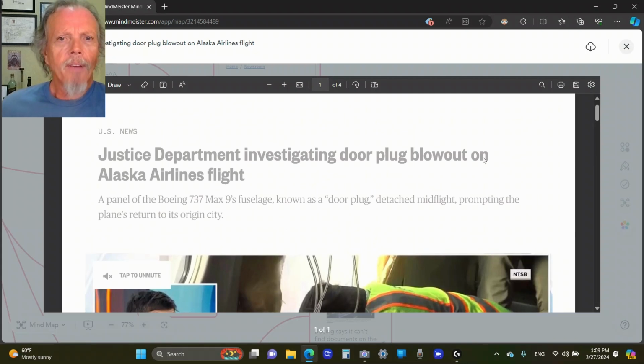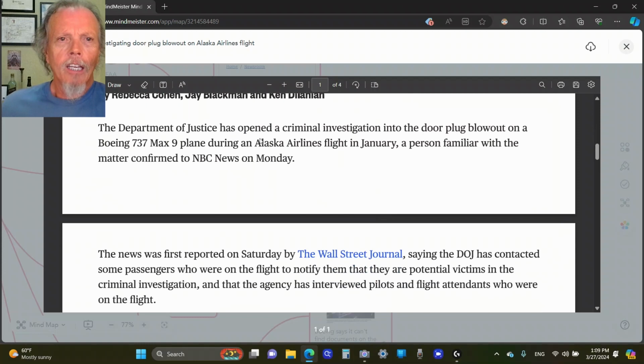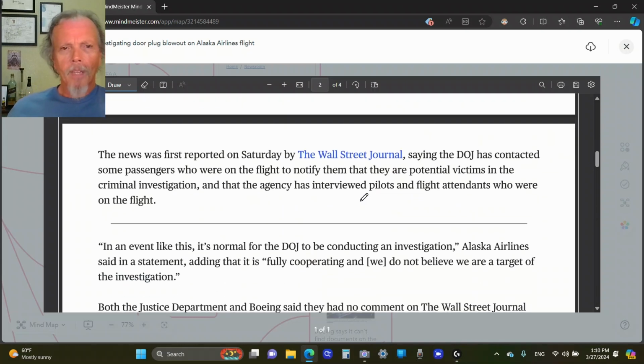Justice Department investigating door plug blowout on Alaska Airlines flight. So the Department of Justice has opened a criminal investigation into the door plug blowout on a Boeing 737 MAX 9 plane during an Alaska Airlines flight in January. This was first reported by the Wall Street Journal, saying the DOJ has contacted some passengers and notified them they are potential victims in the criminal investigation. They've interviewed the pilots and flight attendants,